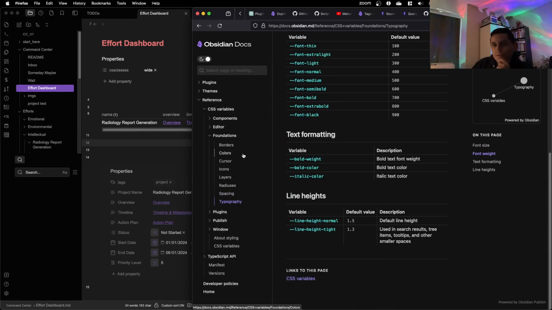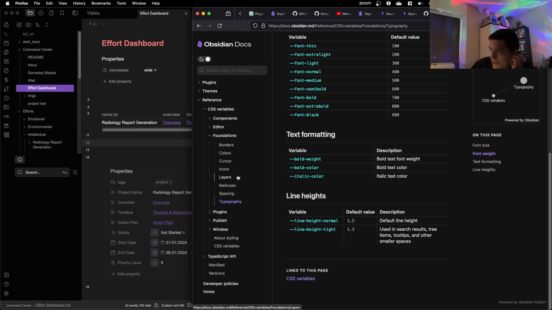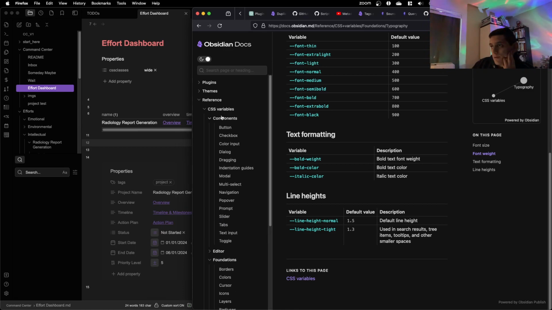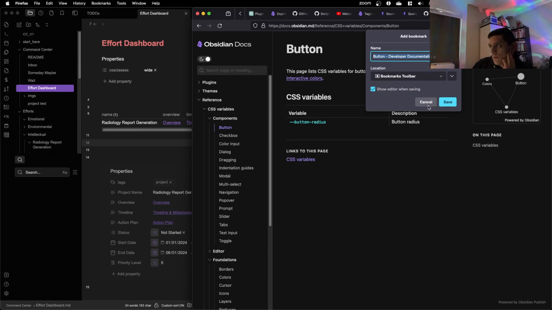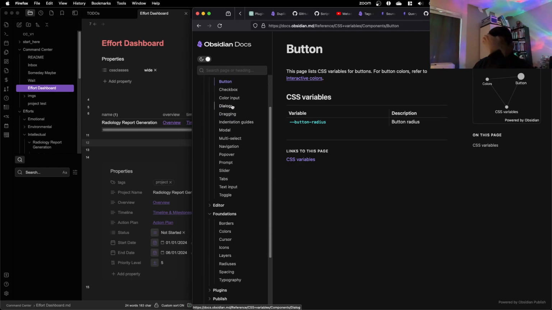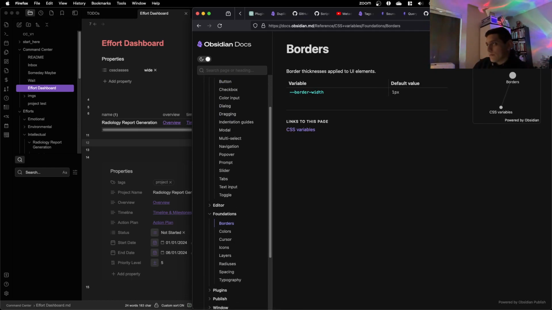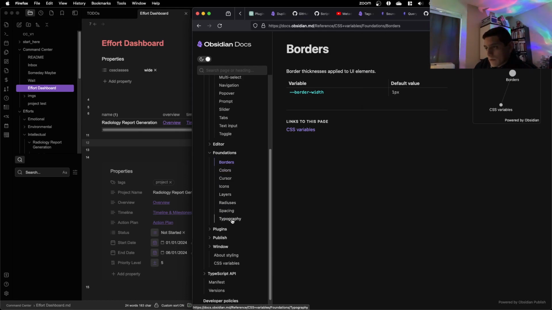Because previously I was using a plugin to try to adjust some of these things, but I don't want it to be. Right here, I'll just do here.